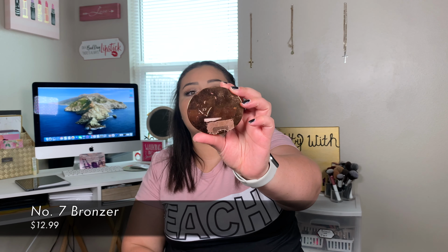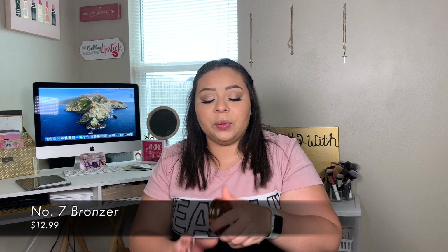Okay, you guys, the next thing that I have been loving is my number 7 bronzer in the shade Maple. I haven't used this in a while, and for some reason I think I was doing a really light makeup look, and I was like, okay, I don't want an intense bronzer. And so I picked this up and I was like, ooh, okay, who is she? Why haven't I used you? But yeah, it looks really light